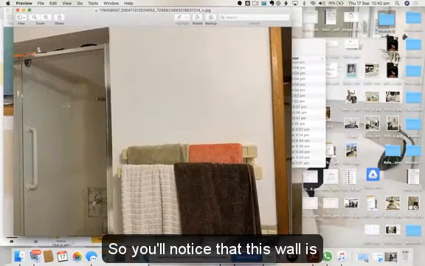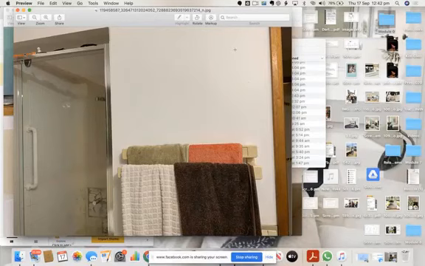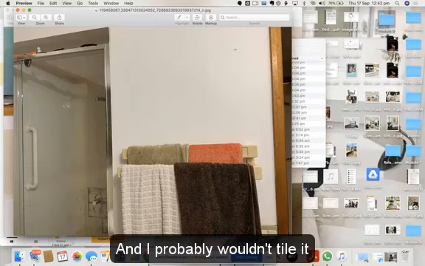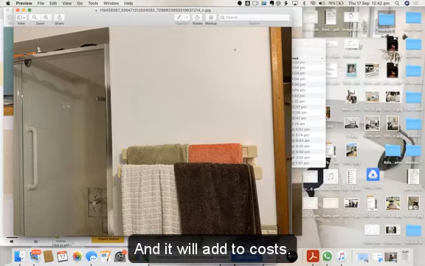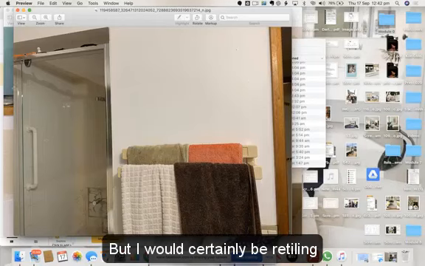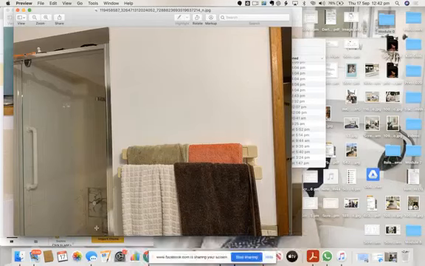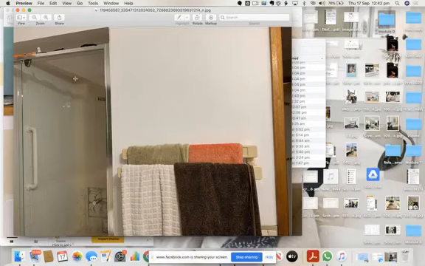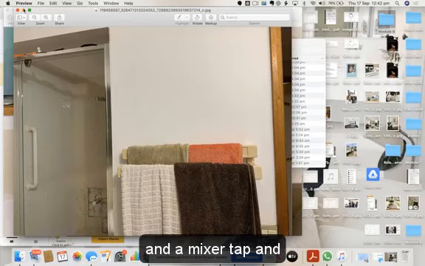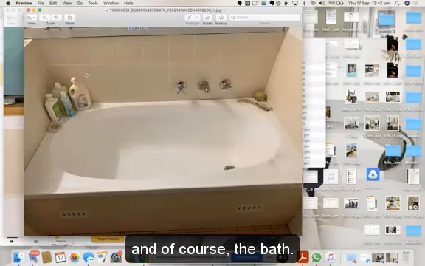So you'll notice that this wall is not tiled, and I probably wouldn't tile it in your reno because it's quite a large expanse of wall to tile and it will add to your costs. But I would certainly be retiling the whole of the shower, put a new shower outlet, a rail type outlet, and a mixer tap, and of course